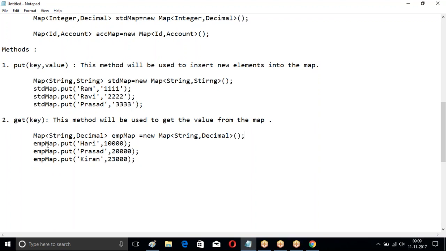Putting the values in the employee map. Then you want to retrieve. What type of value do we have? Decimal. Decimal A equal to map dot get of